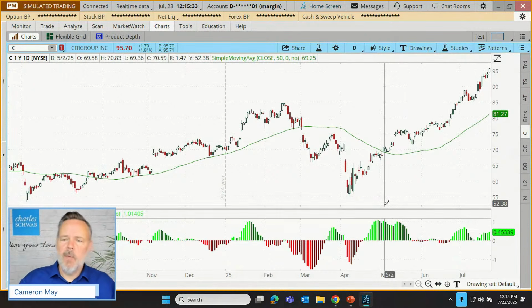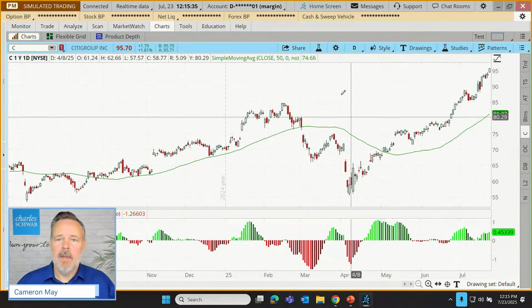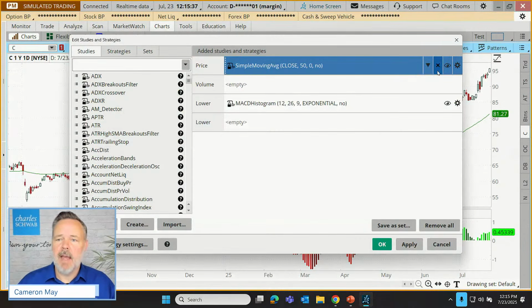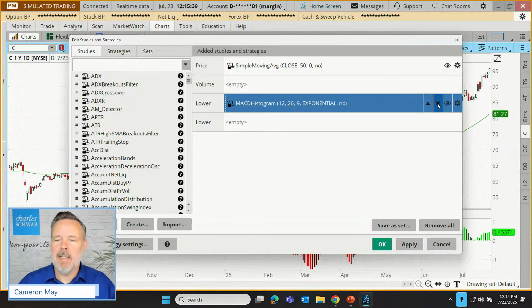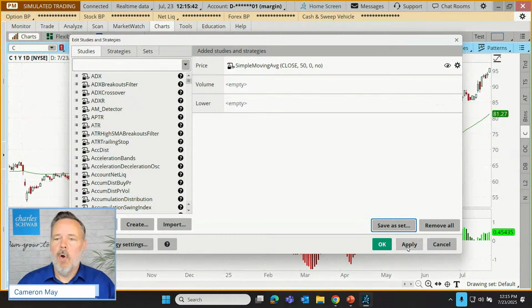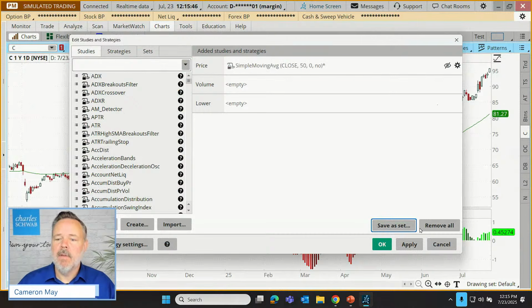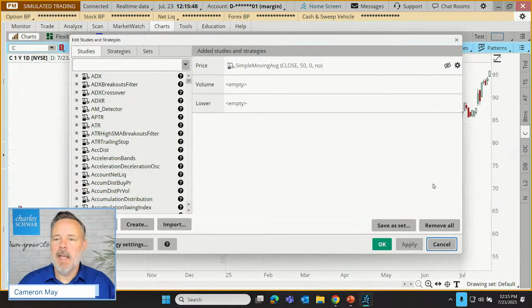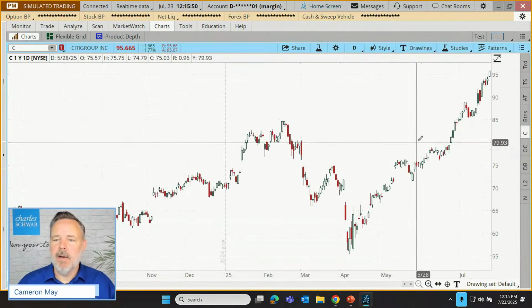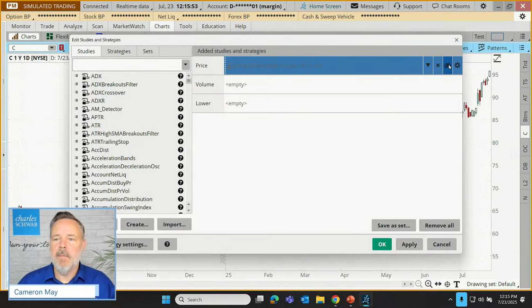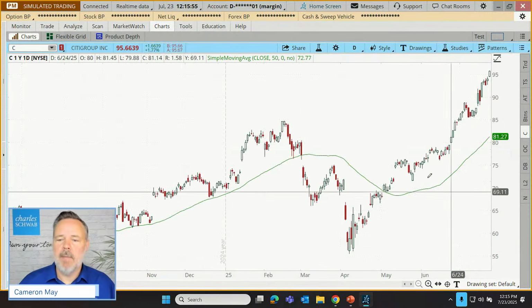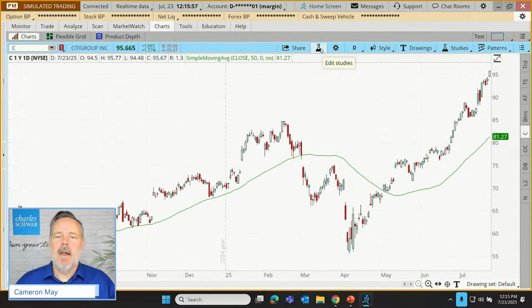Now, we can remove those by going back up here and clicking the X. How about we take off the MACD as an example? Or we can hide them by clicking on the little eyeball. Now watch this. If I click Apply, they both disappeared. But hey, what if I want my moving average back? I just uncheck the eyeball, click Apply again. There it is. All right, so I'm going to let you explore those technical indicators that can be added to the charts, but that's how it would be done.